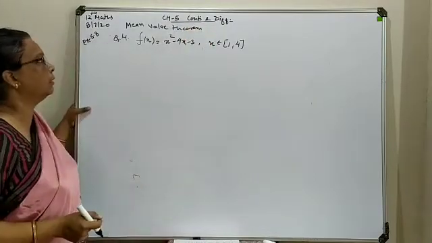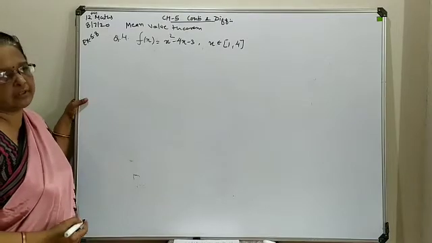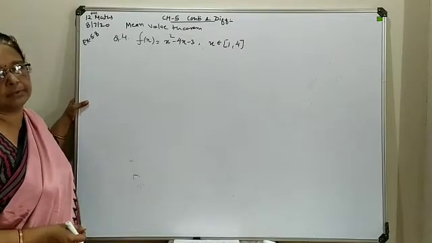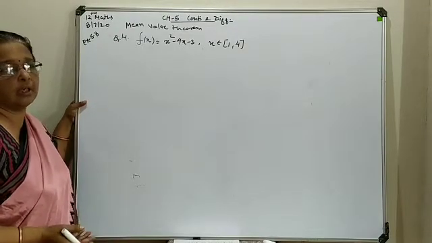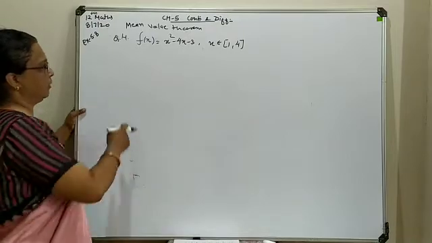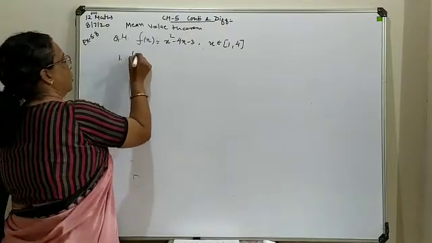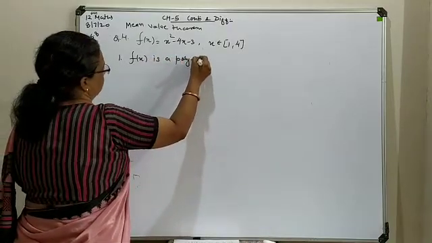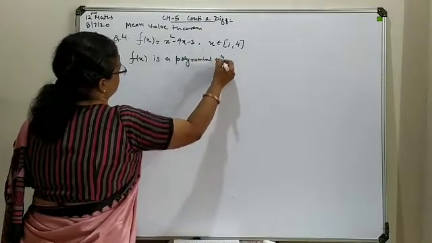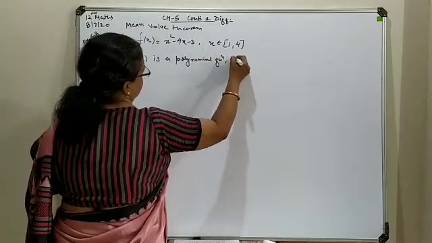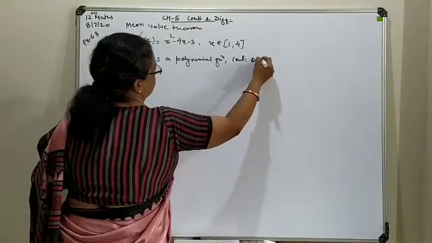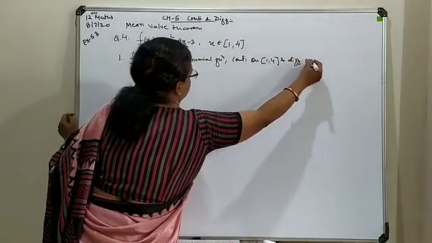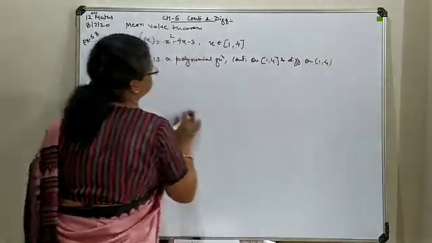Now as a statement regarding the mean value theorem, basically first of all you will go for checking continuity and differentiability. As your function is an algebraic one, it will be continuous as well as differentiable. So that is the only basic condition you have to verify. So first of all, your f(x) is a polynomial function, so it is continuous on [1, 4] and differentiable on the open interval (1, 4).